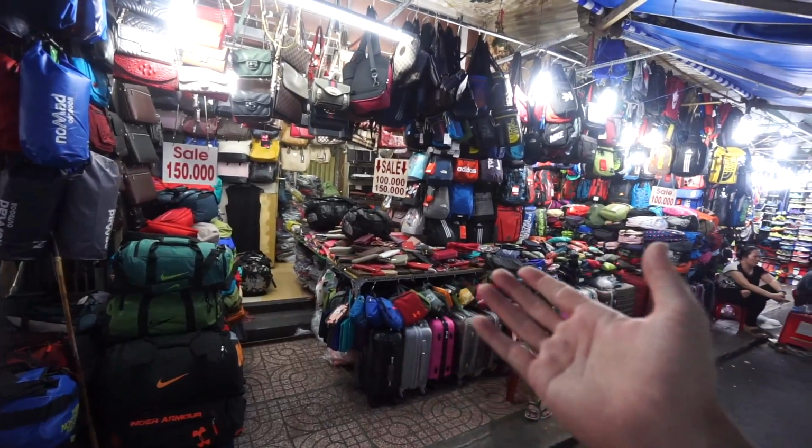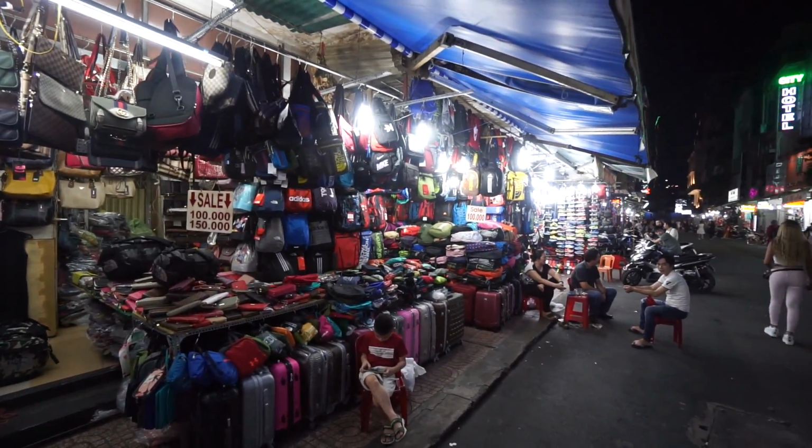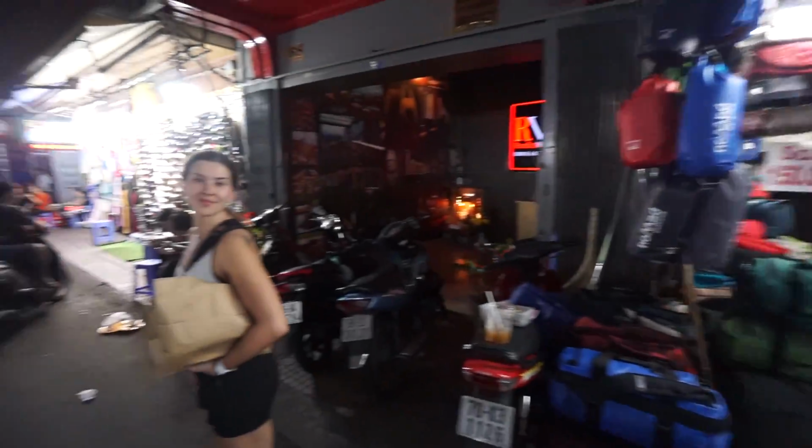Guys, it's like bag central here. This is like my dream, even though all the stuff is fake. So one of the major differences for me between the night market and the day market was the day market